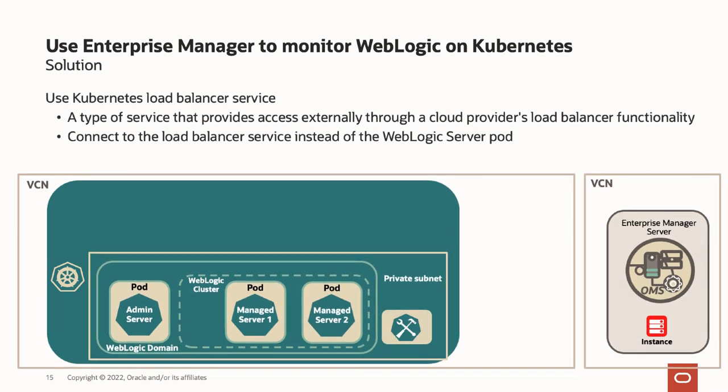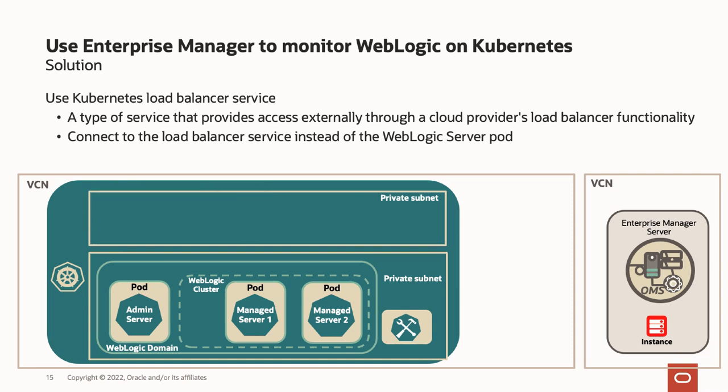Our solution to resolve these problems is to use the Kubernetes Load Balancer service. To do so, first you will create a new private subnet within the VCN. Then within the subnet, create Kubernetes Load Balancer services that connect to the WebLogic servers. The way it works with the load balancer service type is that the service becomes accessible externally through a cloud